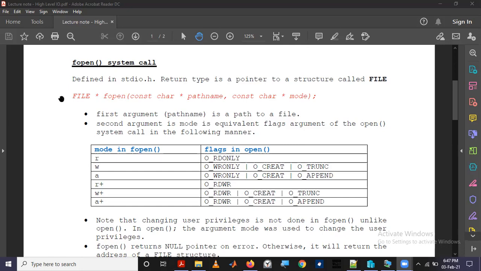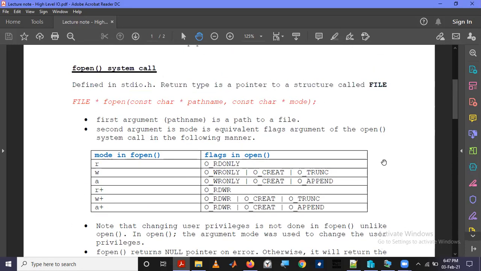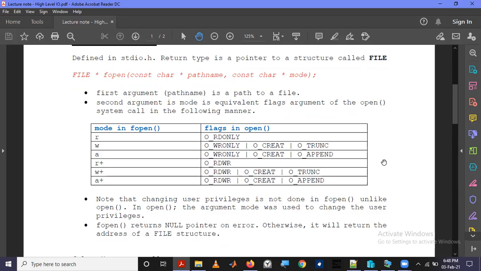Otherwise, it will return the address of the file specified by this path name, as a file pointer. So that is about the fopen system call.